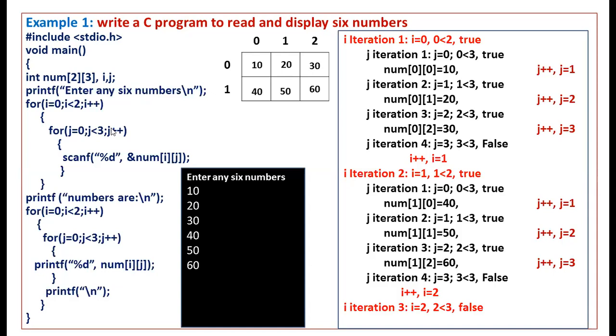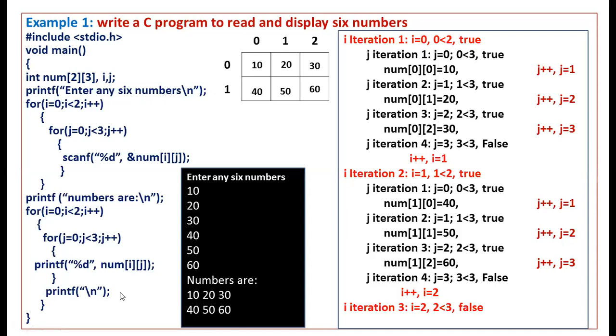So we have seen how elements are stored in a two-dimensional array. Same way we are going to display those 6 elements here. Numbers are 10, 20, 30, 40, 50, 60. So note down one thing here. The first 3 elements will display 10, 20, 30 in the first row. The next elements will display in the second row. But how to display on the monitor in the same format?